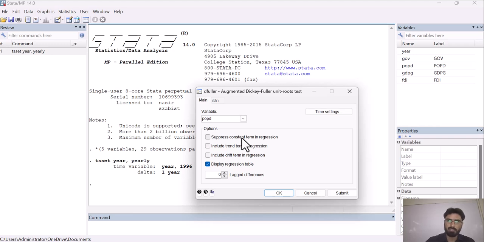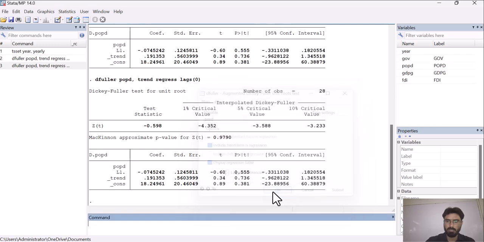We will discuss all of these one by one in our next lecture, but in today's lecture we are interested in taking the first difference of our variable, and then we will apply the unit root test or augmented Dickey-Fuller test to see whether this particular variable is stationary or not. So now click on submit, then OK.